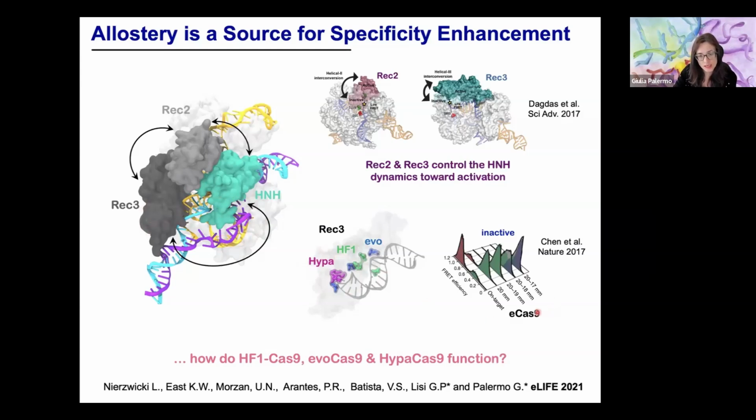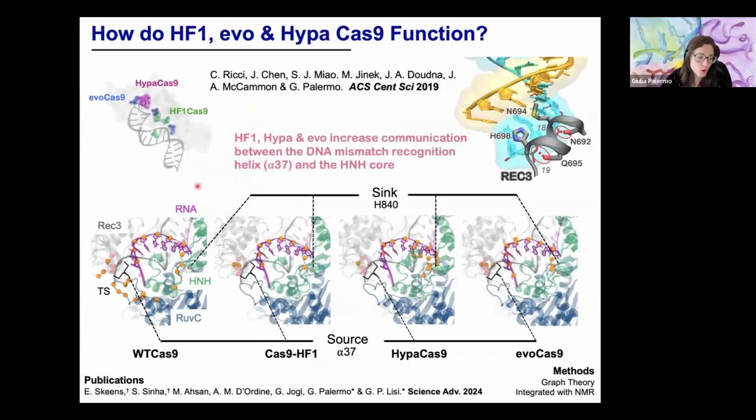This is taken from Chen et al., showing through single molecule experiments that in the enhanced specificity Cas9, HNH alters its dynamics in the presence of off-target sequences with respect to the system on target. So we wondered what is the communication, how mutations in REC alter or communicate with HNH. And we applied our graph theory approach in this system, in the wild type, and in our enhancing specificity